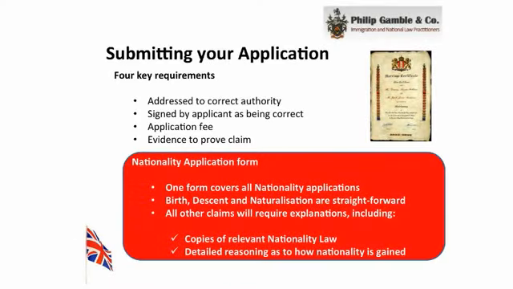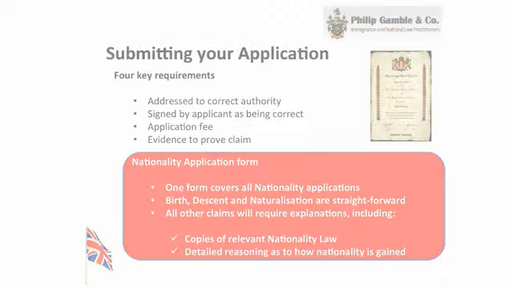In straightforward cases, the Home Office in the UK provide application forms. Where the application, however, is complex and sometimes involves nationality by descent from UK colonists in the first, second, third and sometimes even fourth generation, then a specific submission would normally have to be made to the Home Office to explain why we feel that the application exists and why it should indeed be successful. With such submissions, we put forward the relevant nationality law, showing the authority for what we say to be correct.